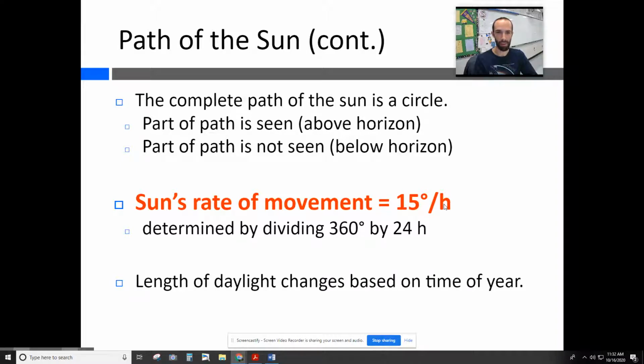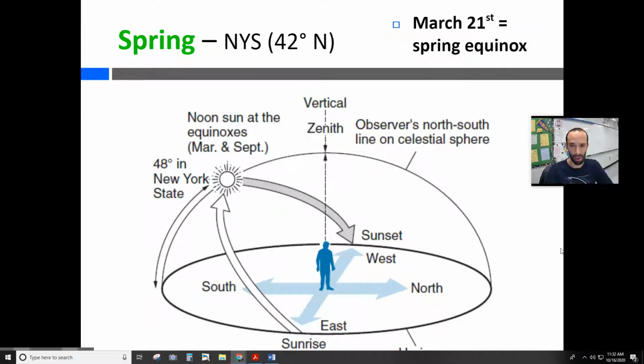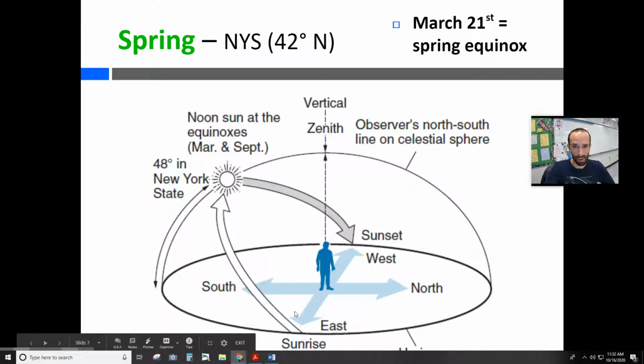It's the rate of our rotation. Okay? Now, let's take a look at some celestial spheres, because this will help us determine different times of the year. So we can see in this diagram here, and you need to be able to identify these diagrams and